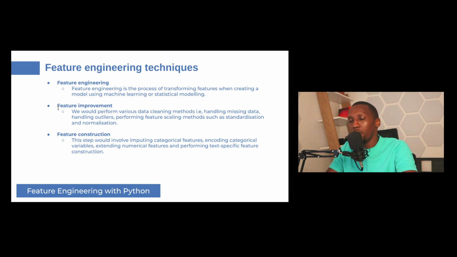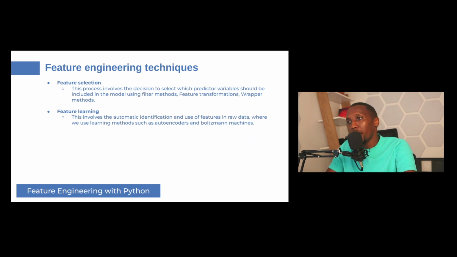So assuming that you have a feature in your data set, just one column called gender, and it has male and female as the data, you could decide to replace those particular values with numerical representations, maybe zeros and ones, etc. Other techniques would be feature selection, where you select which features actually lead to model improvement and leave out those that don't lead to model improvement, which is one of those things that you could do as part of feature engineering techniques,